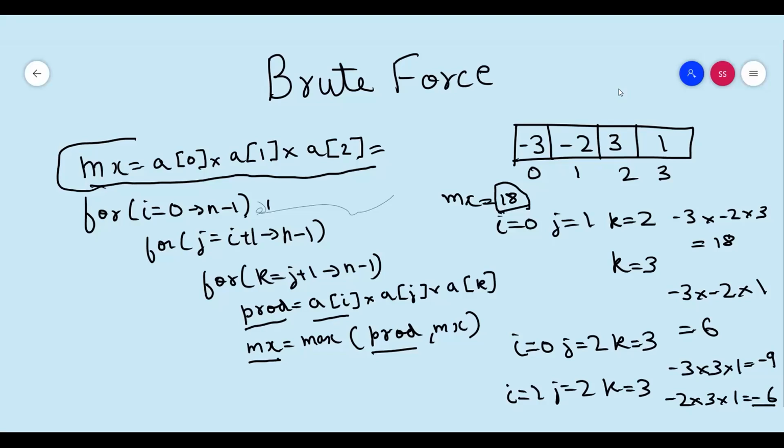So what we're doing here in this brute force solution is we're taking every single triplet. First we took -3, -2, and 3. Then we took -3, 3, and 1. And finally we took -2, 3, and 1. Therefore, as we're analyzing every triplet and we're using two nested loops inside of i, the